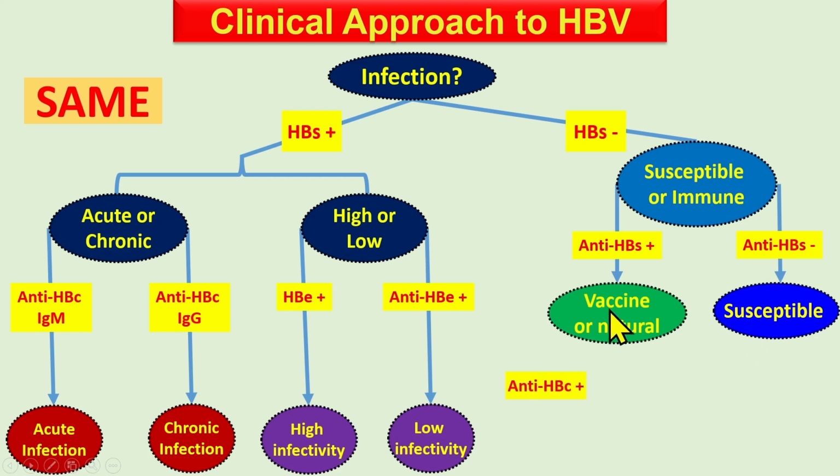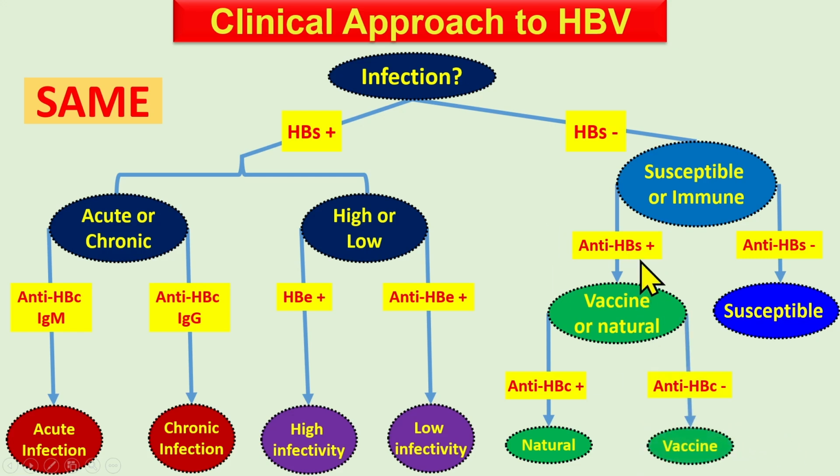And how can you differentiate vaccine and natural immunity? Look at the anti-HBC. If it's positive, it means he has natural immunity through a past infection. While in the vaccine case, it's negative. Only anti-HBS is positive in the vaccine case. Okay,